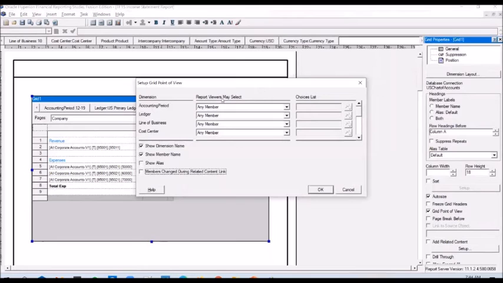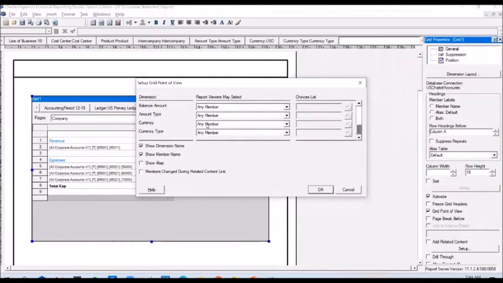So in here, you can select what report viewers can pick for each point of view. By default, it will be any member for all the points of view, which means the user will be able to select any accounting period and run the report. Okay, so I want to leave all of them open, but when it comes to currency, I don't want the report viewers to select any currency.